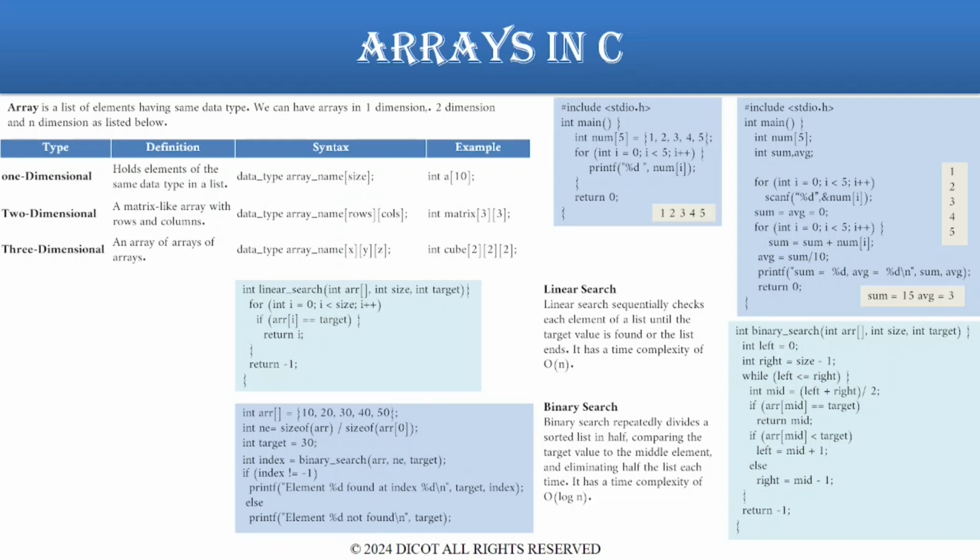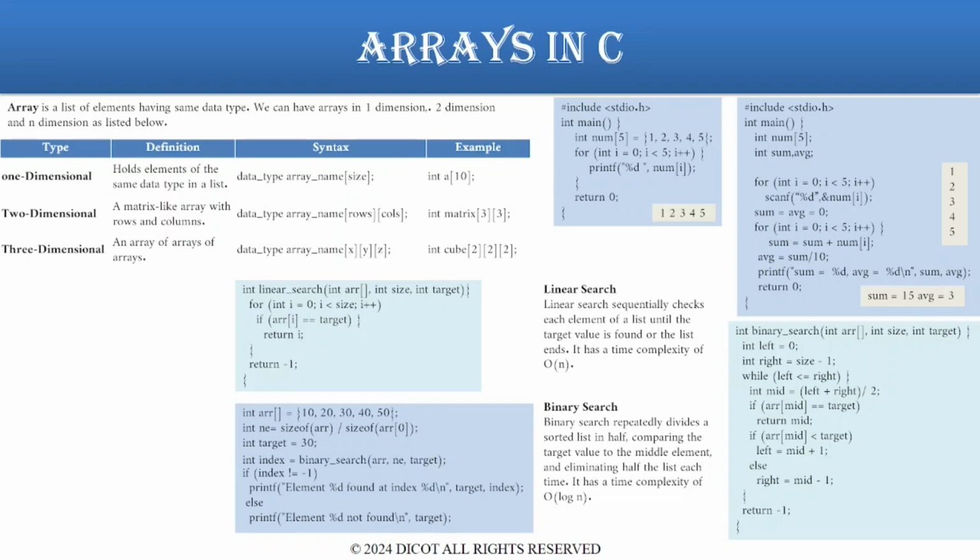So now let's see how the binary search function works. Let's invoke binary search. Once again, it needs 3 arguments: the array to be searched, the number of elements in the array, and the target. Now, once the binary search is invoked, the left variable points to the first element, which is nothing but 0. Right variable points to the last element, which is 5 minus 1 equal to 4, the index of the last element. Since left is less than right,